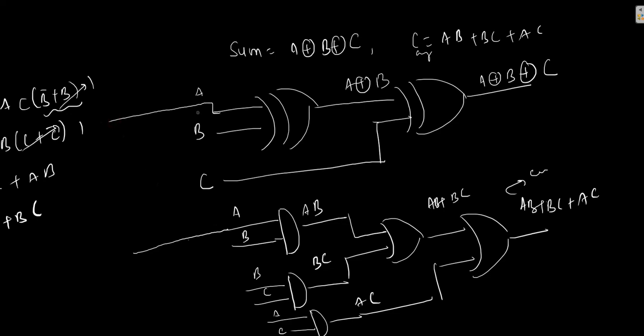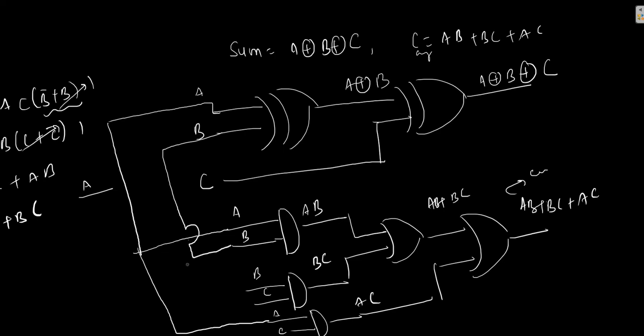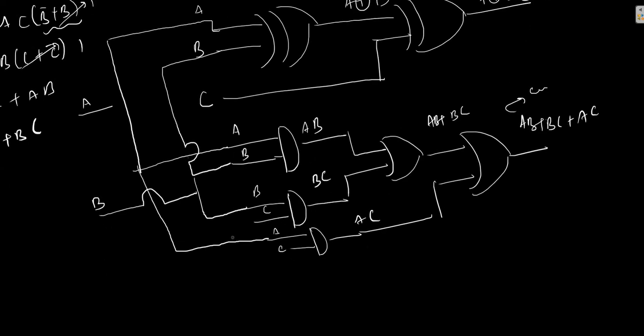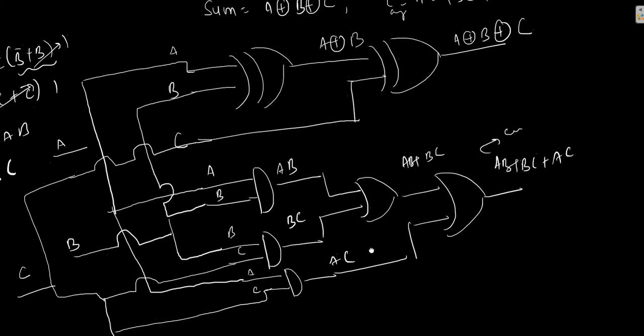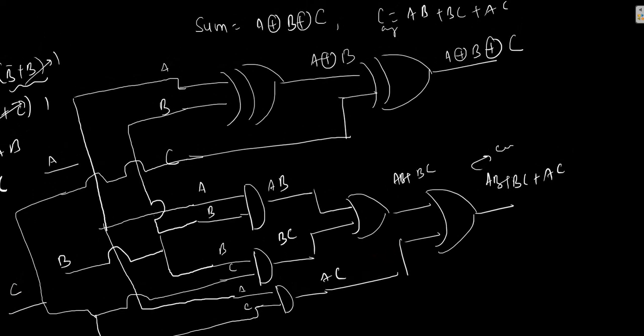Now in order to give the inputs, I need to do it very carefully and it should not short any wire. So say this is my input A, again A is here also. Now B, say this is the input for me and that is B. I will be taking an input, say this is B, and the last input left is C. So I will combine the C from all the cases. Say this is my input C, this is my input C. I will just join all of these and connect the input as C. So this is my circuit diagram for the full adder. So this can be considered the circuit diagram.